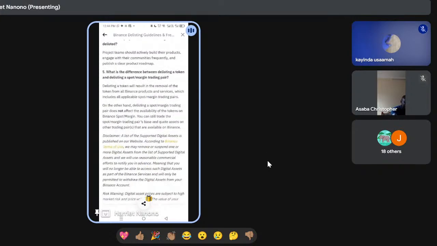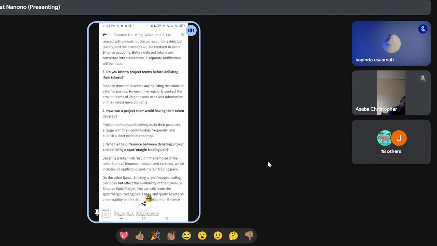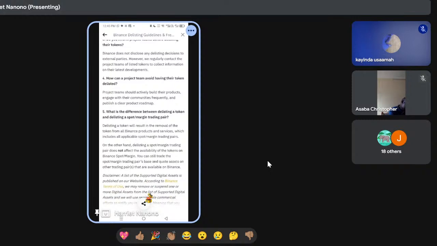Then other questions. There are so many. There is this one: how can a project team avoid having their token delisted? Project teams should actively build their products, engage with their communities frequently, and publish a clear product roadmap. Simple. And then, what is the difference between delisting a token and delisting a spot and margin trading pair? Delisting a token will result in the removal of the token from all Binance products and services, which includes all applicable spot and margin trading pairs. On the other hand, delisting a spot and margin trading pair does not affect